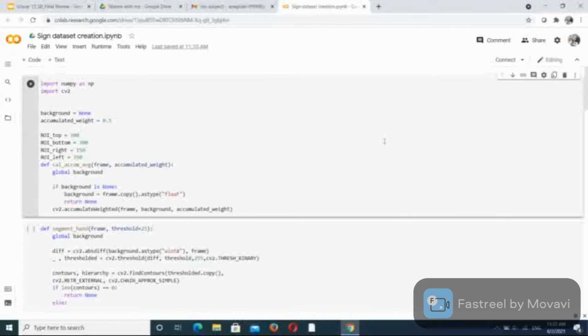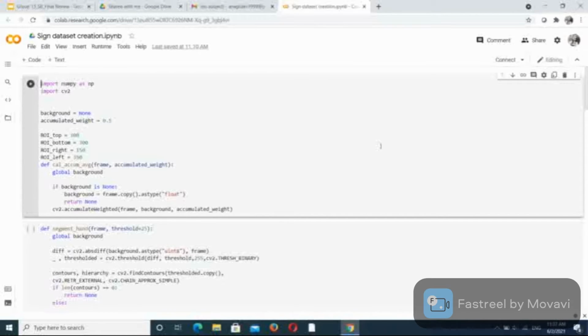This is the code that we have used here for our model. Here we are creating a sign detector which detects numbers from 0 to 9 and also the alphabets from A to Z. Here we are using a webcam of our local system. We will be having a live feed from the video cam, and every frame that detects a hand in the ROI, that is the region of interest created, will be saved in the directory that contains two folders, train and test, containing images captured using the create gesture data py.